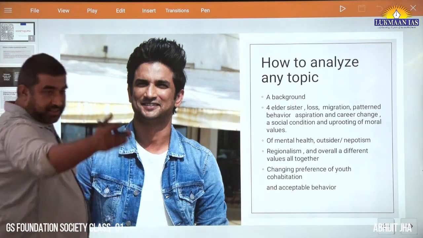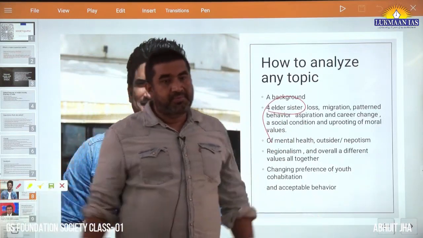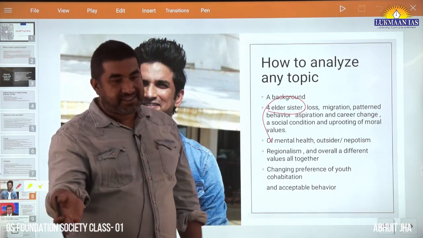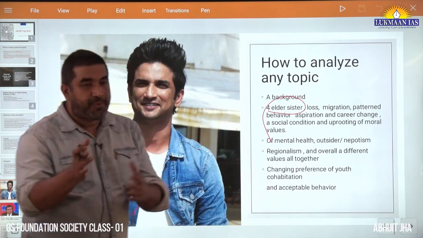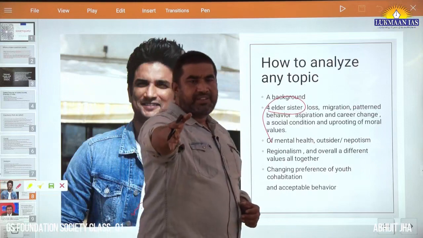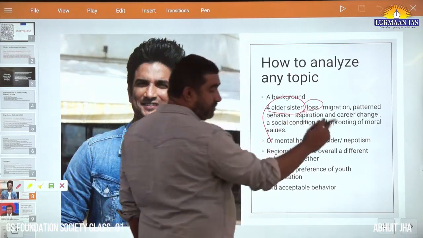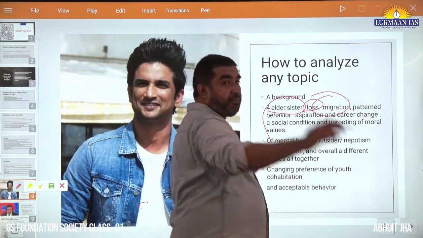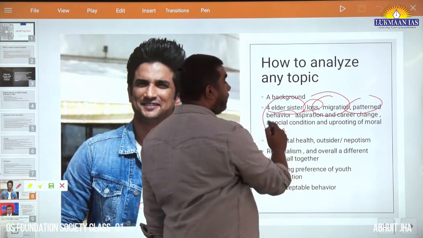Now, the same thing that you have been saying, four elder sisters. So, particularly in a patriarchal state like India, if four sisters are elder to you, then you will literally be a pampered boy. Okay, your every demand will be met, and particularly, I believe his father was a government servant. Okay, now loss. As you were saying that he lost his mother, migration from Bihar to Delhi, patterned behavior,